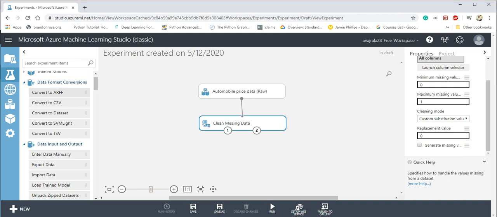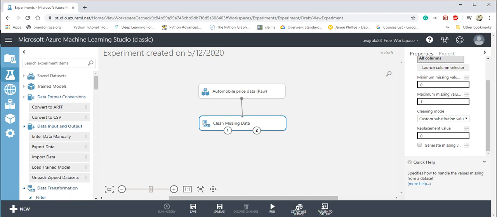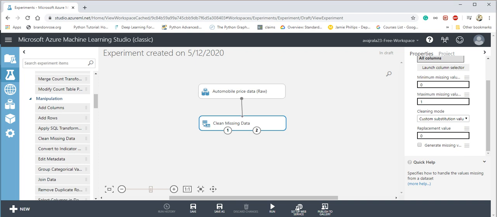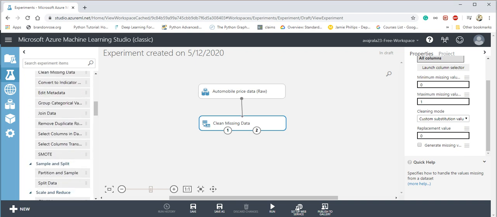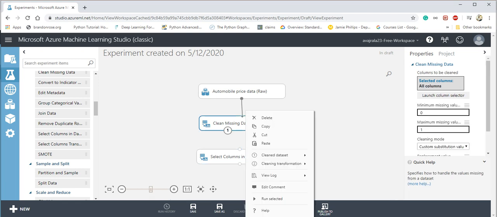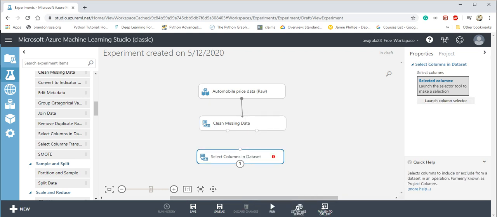After this we want to remove a column because I feel that column does not provide much information. So I will remove a particular column from the data set. Here you can see there are different columns. I haven't run this yet. I will select columns in the data set.